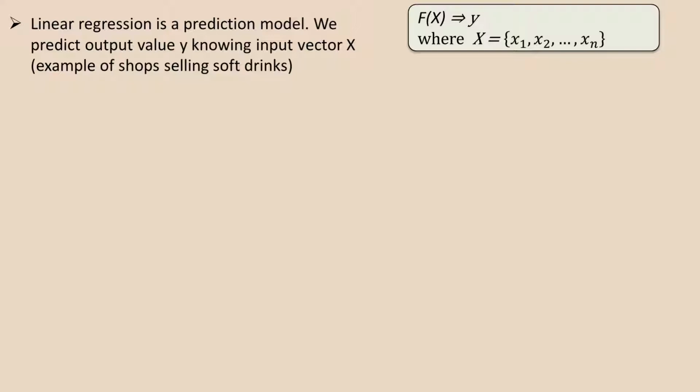So knowing all three values, we want to predict our output value y, and the practical use of this task could be, suppose we want to open a new shop, so we have some data collected for our existing shops, and we want to open a new shop in some new location, and we want to know what amount of sales we would expect in this new shop. And all these three input values are available. Weather statistics could be obtained from some weather agencies. Population is obviously also known from statistical sources, and competition, how many other shops are in the area, is also known because this is open business data.